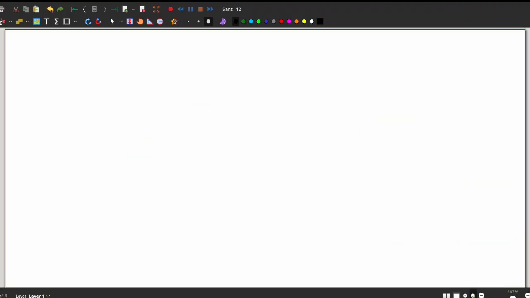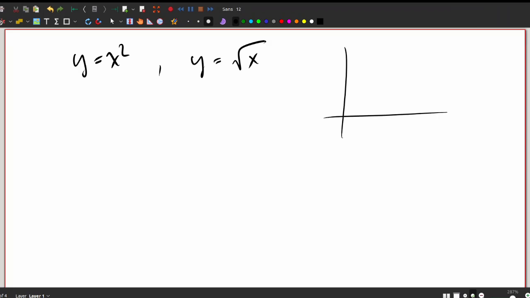Now, importantly, sometimes they won't give you explicit bounds, and they'll instead ask you to find the region that itself is bounded by the two curves. So for example, y is equal to x squared and y is equal to the square root of x. Find the region bounded by these two curves. Well, if we were to draw a graph, y is equal to x squared looks like this, and y is equal to square root x looks like that. So there are two intersection points, one at 0 and one at 1,